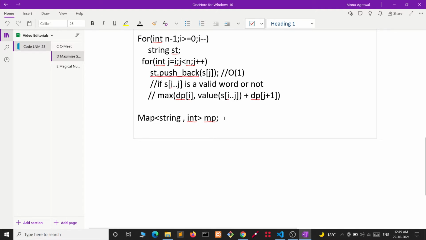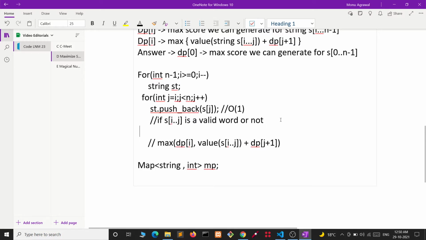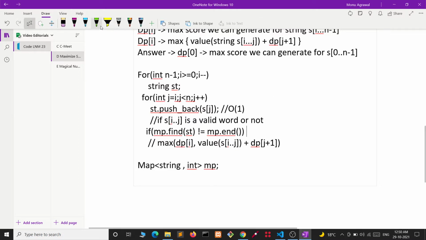But again there is a problem, because when we will be checking whether this word is present or not, we will be doing something like this. If mp.find(st) is not equal to mp.end(), then the complexity of this will be log k.